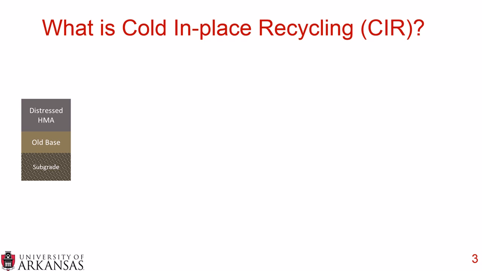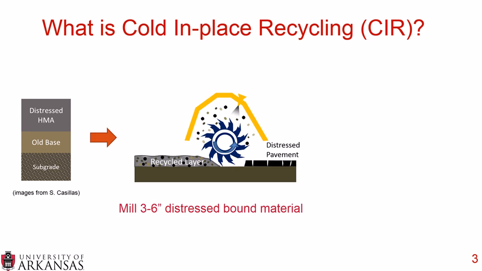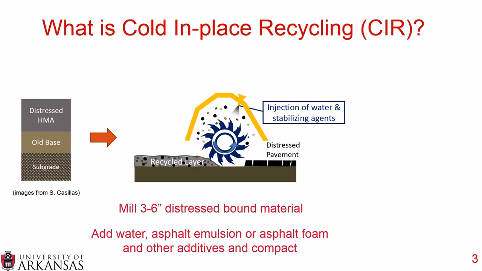So what is cold in place recycling? Well, let's say that we have our pavement structure here where we have a distressed HMA layer, an old base, and the subgrade. What CIR does is it mills 3 to 6 inches of the distressed bound material, so only the hot mix asphalt layer, and then it injects water, asphalt emulsion, or asphalt foam, and other additives into this